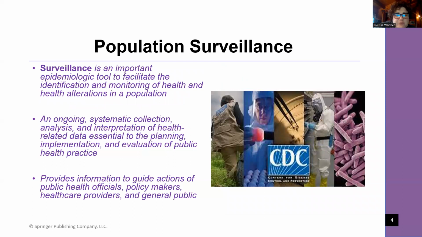Population surveillance is an important epidemiological tool to facilitate the identification and monitoring of the health and any changes to that population. It serves as an early alert system to identify public health issues, informs the effectiveness of disease prevention and control measures, and guides public health policy. Surveillance should have a specific goal and reliable